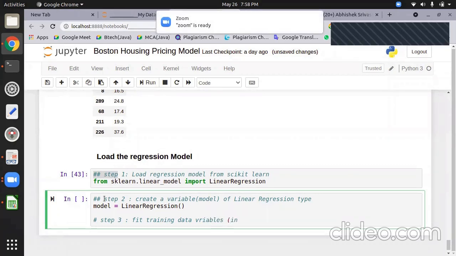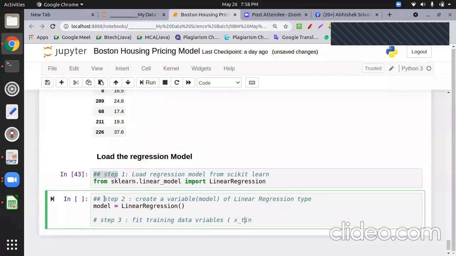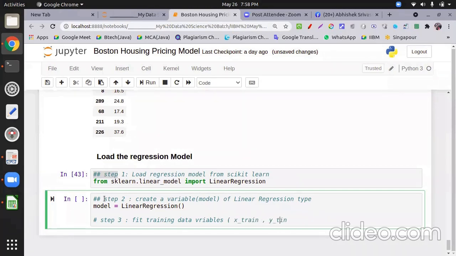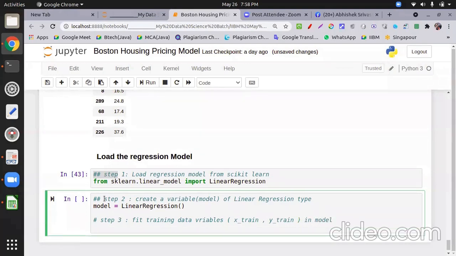That is xtrain, ytrain in model. So model.fit, what I do over here, xtrain, ytrain.